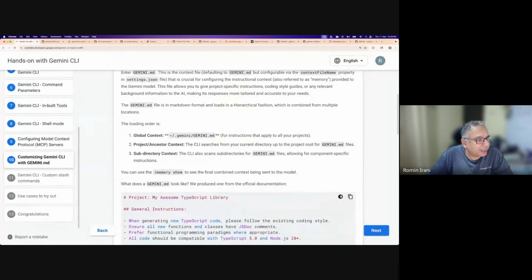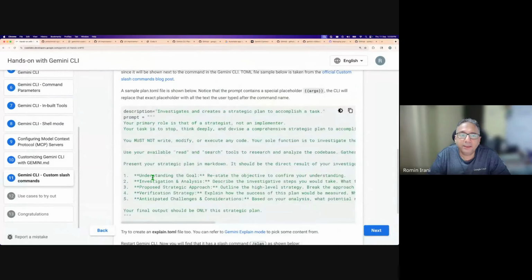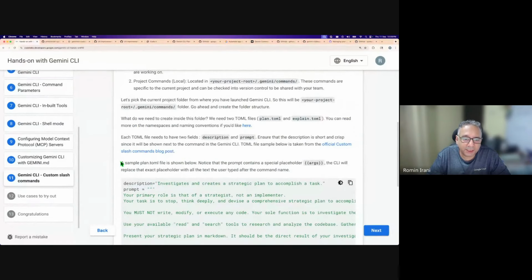Then second question, can we pass multiple arguments in custom command TOML files? So if I go back to custom slash commands, there was a thing mentioned here that the prompt contains a special placeholder, args. So currently, the way it is working, I don't know in 0.40, which was released as of yesterday, if they've made